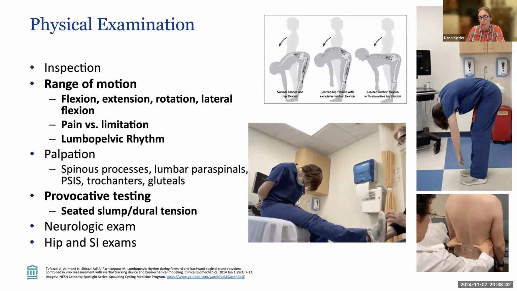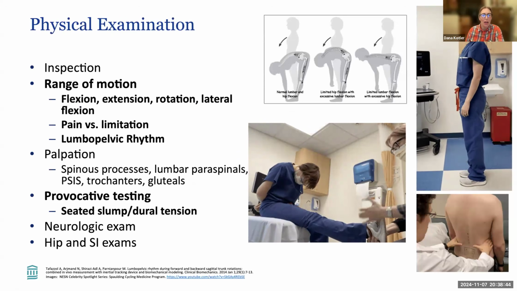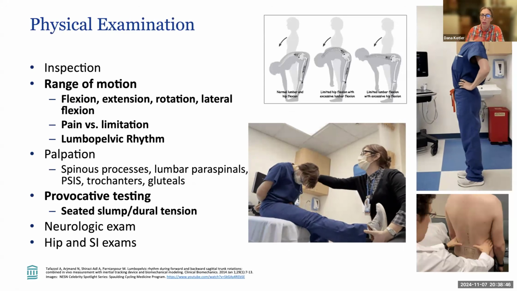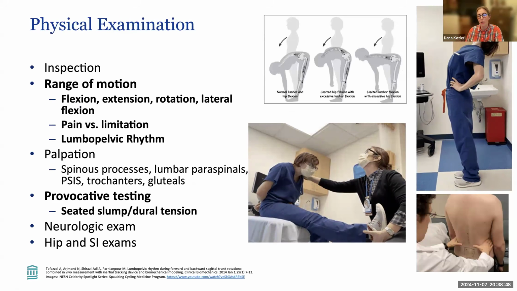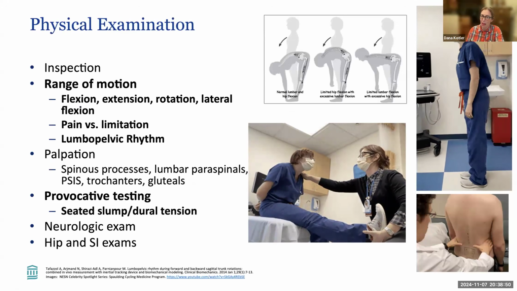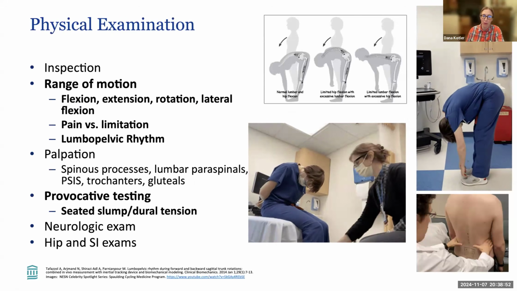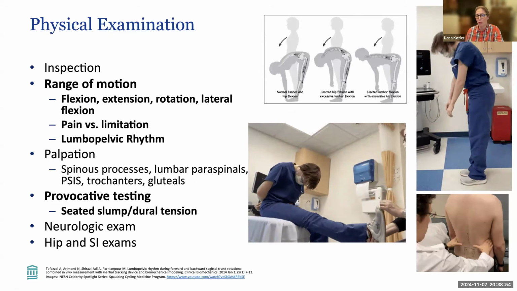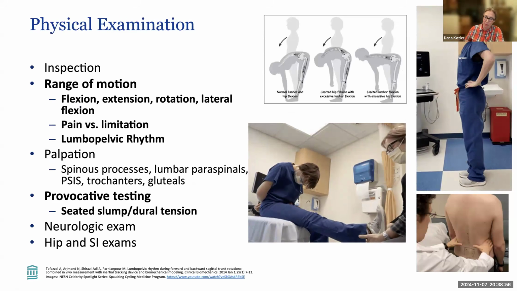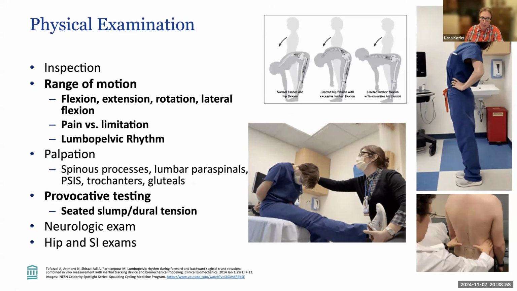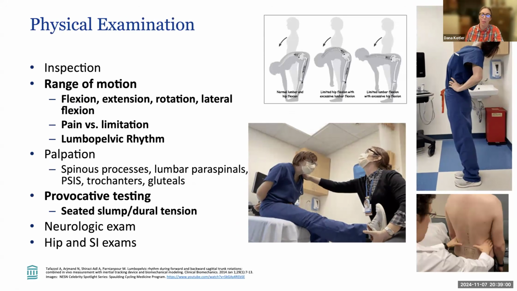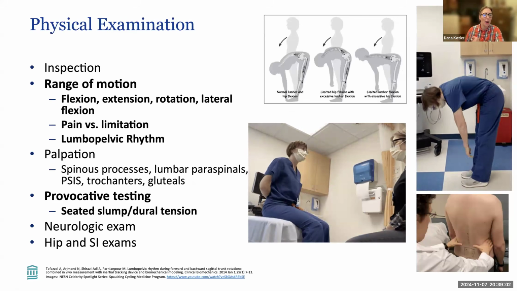So some of the things we might look at when we see these patients in clinic would be, we'd look at their spine, looking for any atrophy or asymmetry, and we'd want to see their range of motion, both to see how much motion they have, but also if it's uncomfortable or painful, and where they're getting that motion. So when they forward bend, is it a whole lot of hip flexion, or a whole lot of spine flexion, or is it what it should be, which is a combination of both of those things.